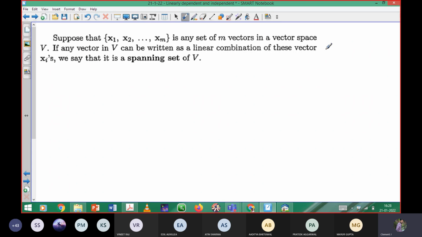See here, a set of vectors will be provided from the vector space V. Among the given set of vectors, if you pick any vector from that set, and it can be written as a linear combination of the remaining vectors, which belong to the vector space,